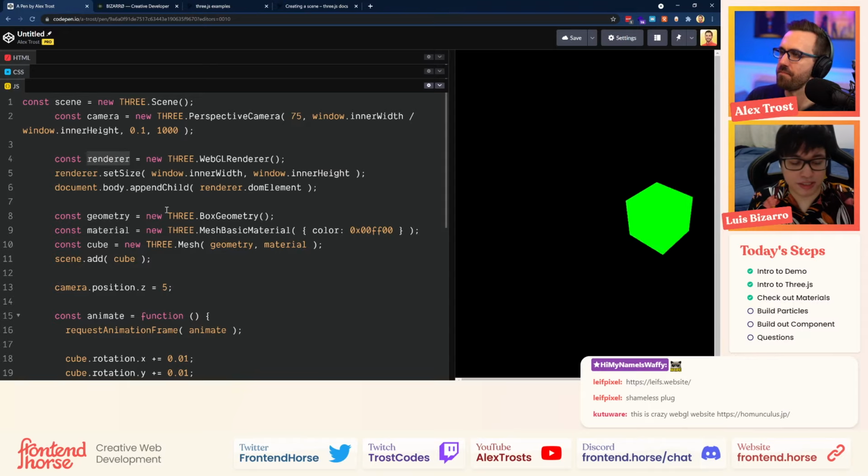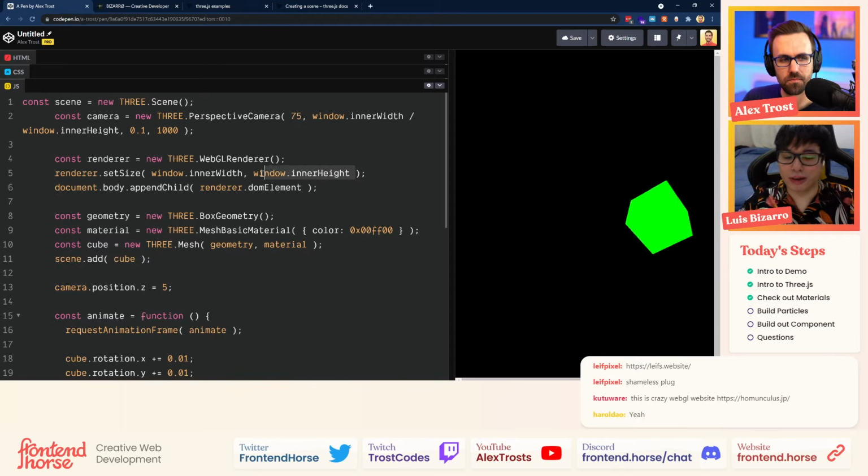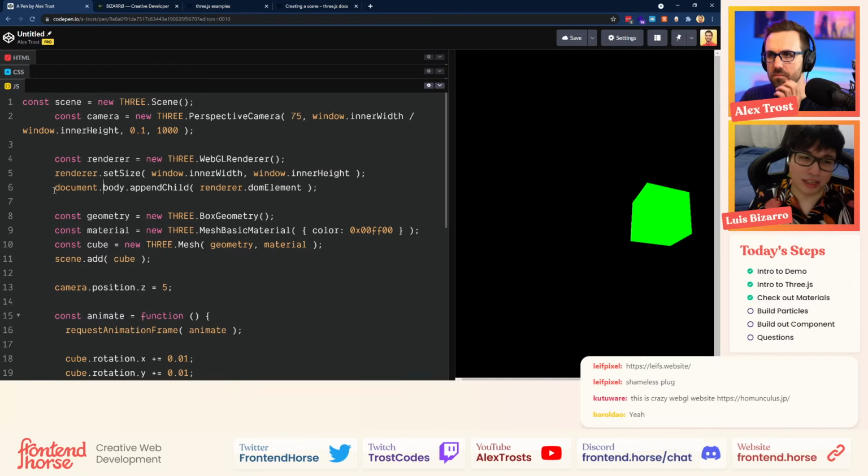And then we have the renderer. Three.js in the past used to have a canvas renderer, but it was only a fallback in case the user didn't have WebGL enabled. Nowadays, even smartphones have WebGL enabled, and some of them are also using WebGL 2, which is a second version of the API. So we are creating the renderer, setting the size of the renderer to be the window inner width and window inner height. Then we're applying the DOM element, in that case the canvas, to the body of the page. You can manually create that, passing a DOM element to the WebGLRenderer class, but we are not going to do that. You can just append that.